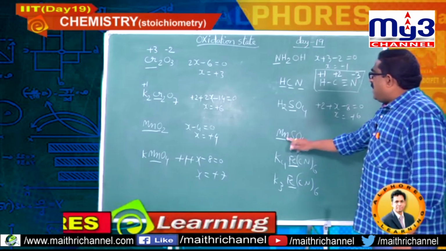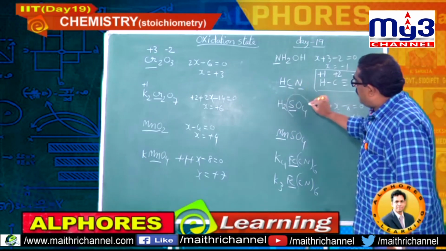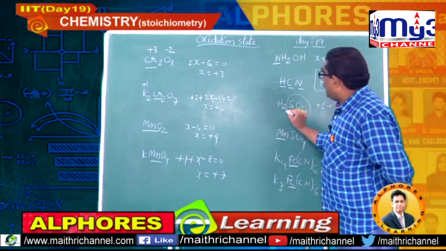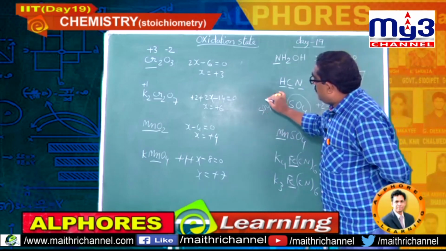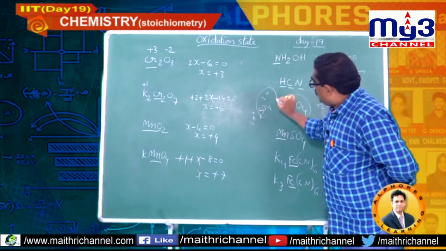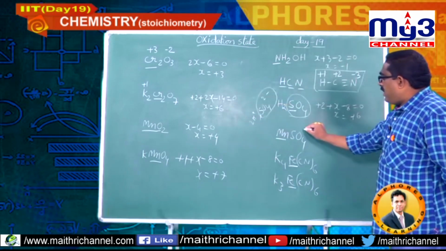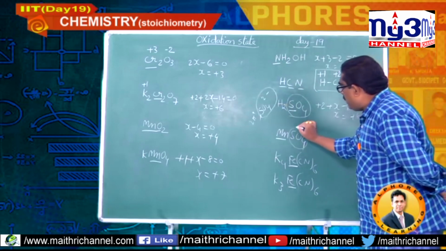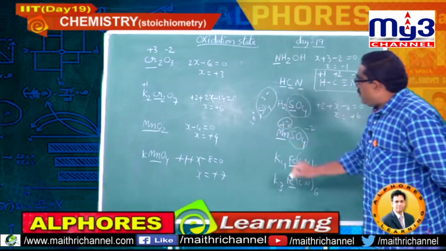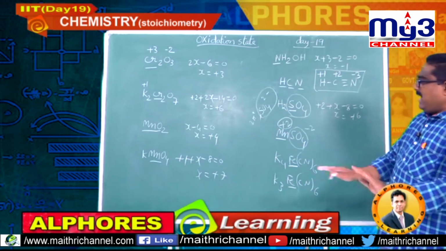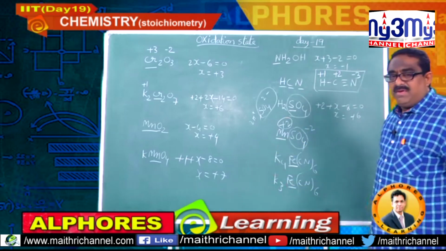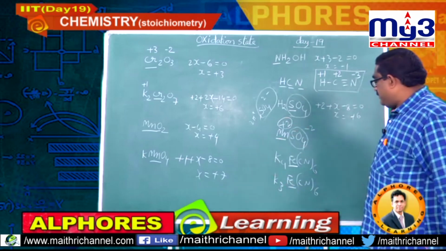For manganese, you have already calculated for sulfur. Here I can write this ion as sulfate ion and 2H plus. So for the entire sulfate, wherever you find it, you can simply take minus 2 for oxygen. So you can easily, blindly assign plus 2. Don't go for individual atoms and everything. Don't get confused. You follow it like that.